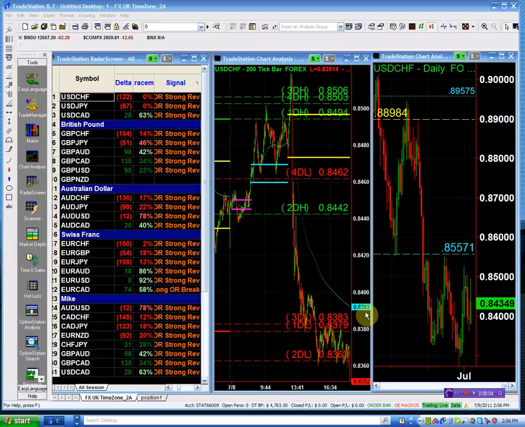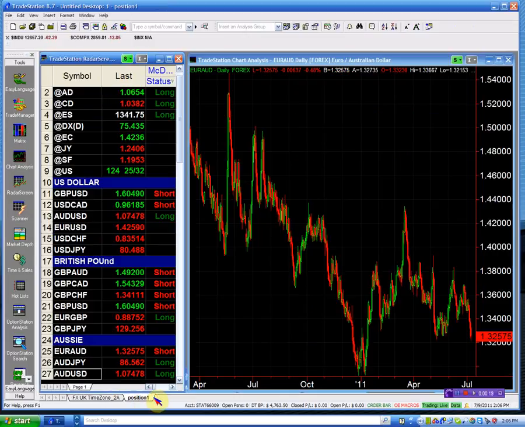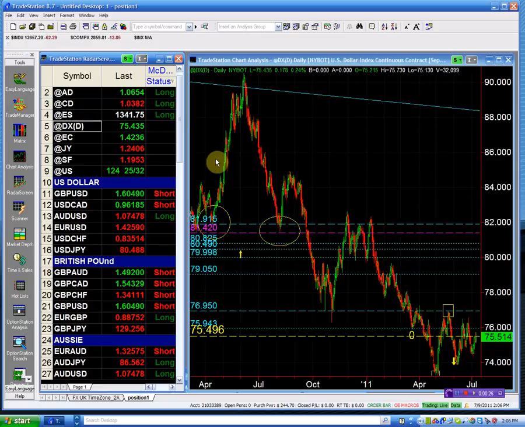Based on what we see, we'll try to do a comparison between the daily and the intraday, so we can get the feeling for the close and actually make our analysis properly. Okay. So like every time, we start with the US dollar,